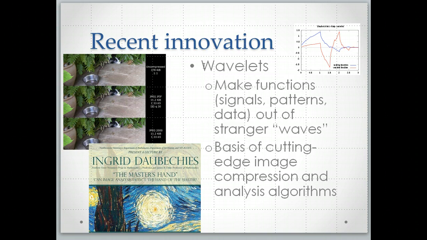And a couple of the applications of the idea of wavelets is the basis of cutting-edge image compression algorithms. So, for example, this sequence of 3 pictures is using JPEG 2000, which is based on wavelet ideas, which are, again, a more sophisticated idea of the JPEG ideas that use pure Fourier. And what you're seeing here is taking an image that wasn't compressed and compressing it using JPEG 2000 to quite a bit less size. I think it's going from 378 to 11.2 kilobytes,